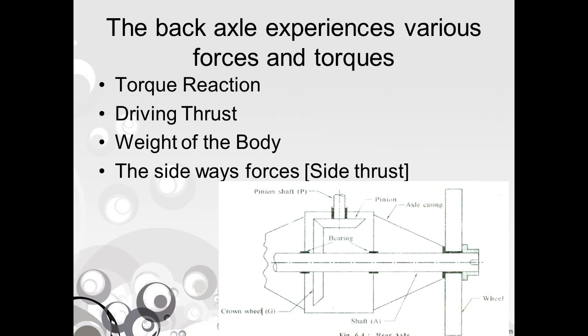To reduce these, different types of rear axle drives are used, in which springs are used. Here the springs act as a torque member. It resists all the loads based on the arrangement. Different types of rear axle drives are available. In that, the very important ones are the Hotchkiss drive and the torque tube drive.